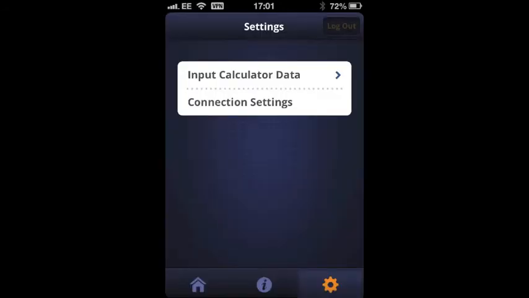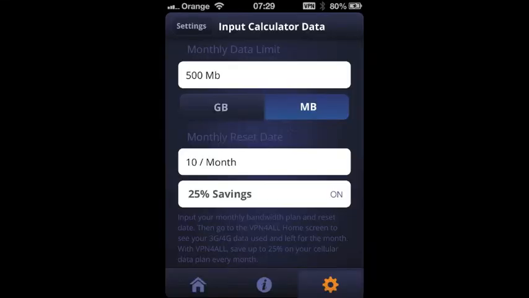The final section is the settings key. Simply press the bottom right hand button that is the image of a cog, and it will take you through to the settings, which are input calculator data and connection settings. If we start with input calculator data first, press on the key, and this is where you can input your